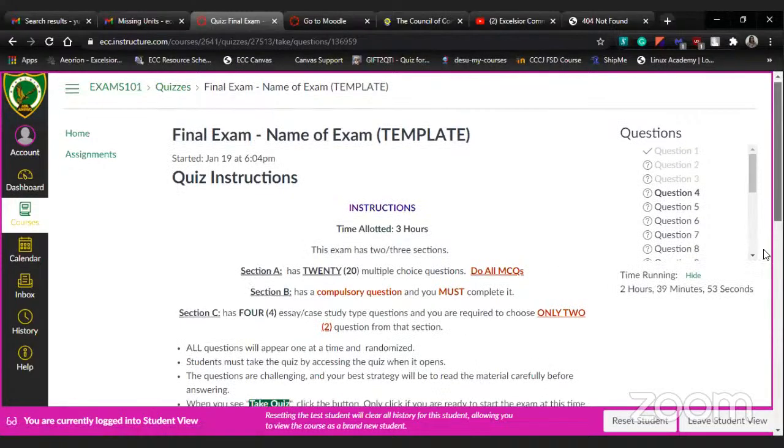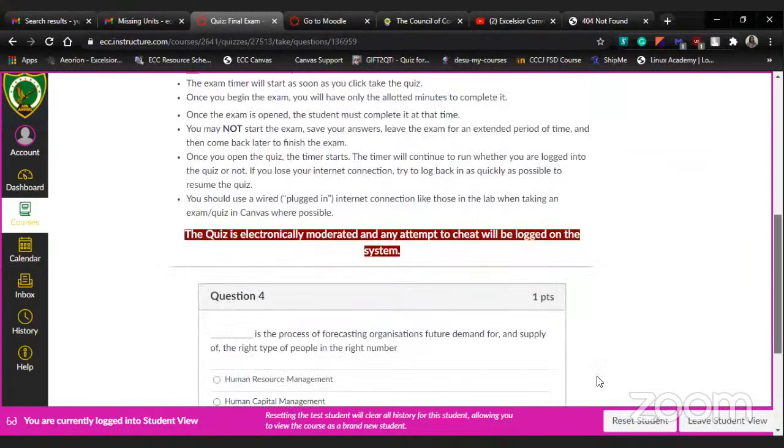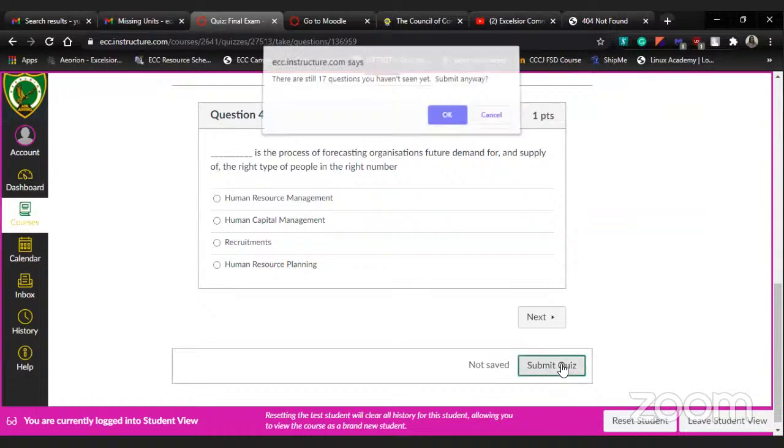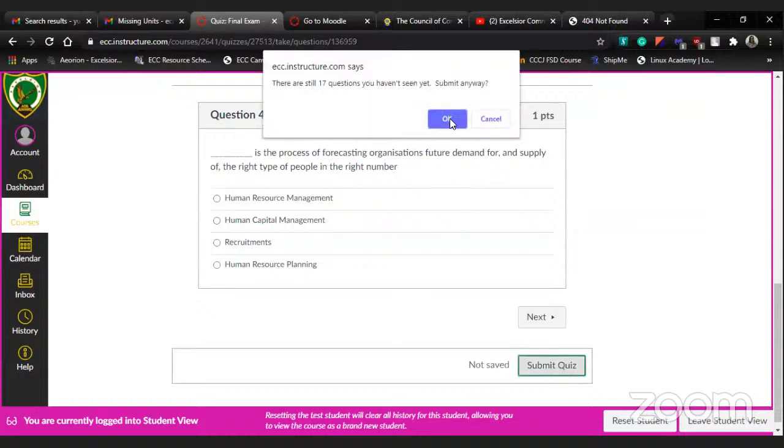Once you have gone through all your questions, you click on Submit Quiz, and your quiz will be submitted. That is the basic setup of your final assessment.